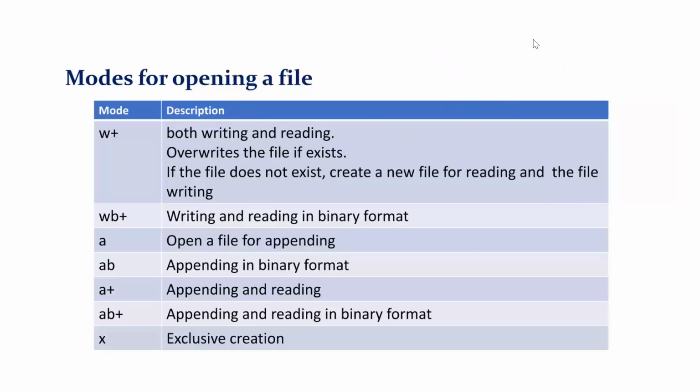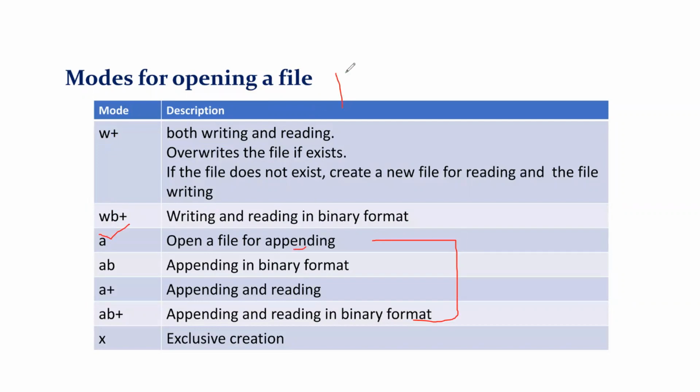Now you can check here. W plus means an extra operation is added, that is reading. R plus is reading and writing; W plus is writing and reading. WB plus: B is for binary. And there comes A